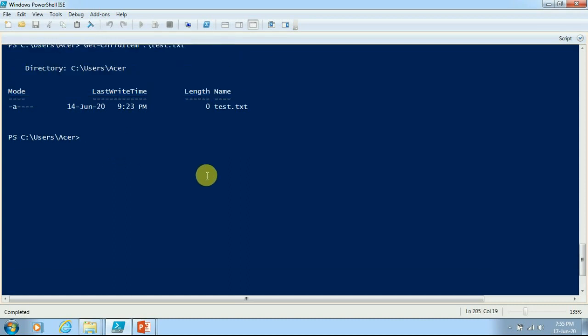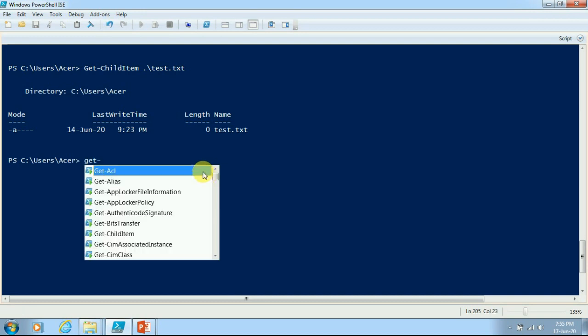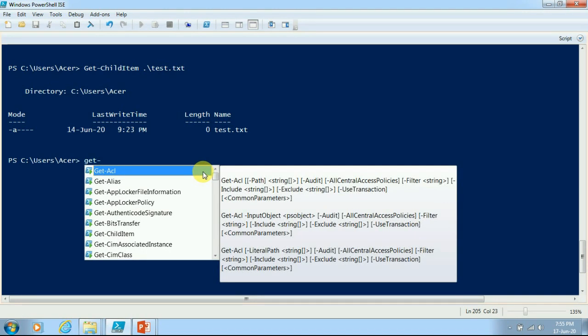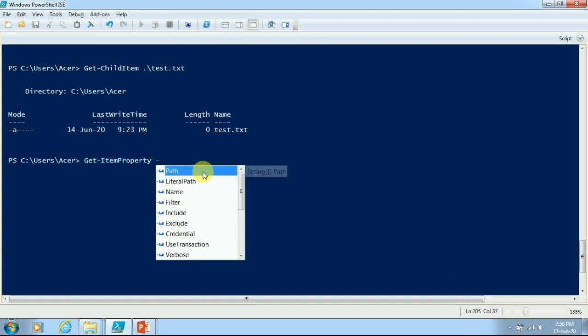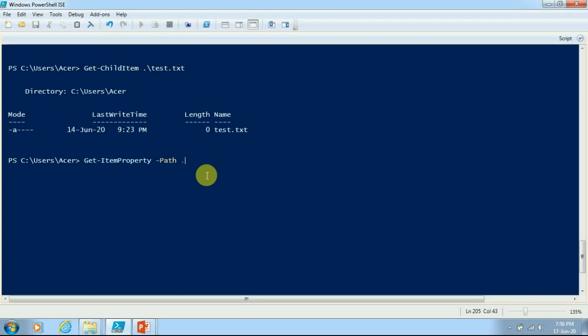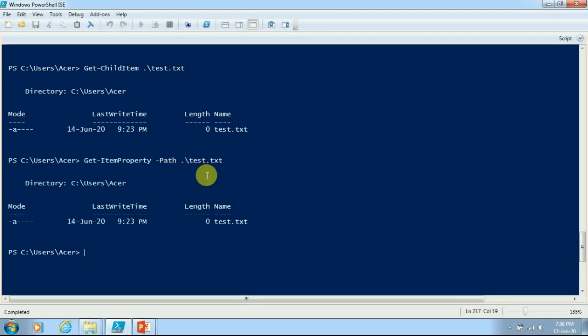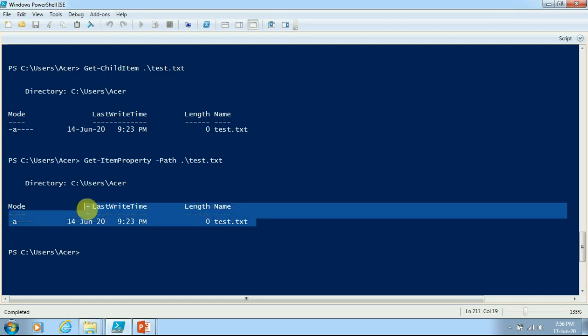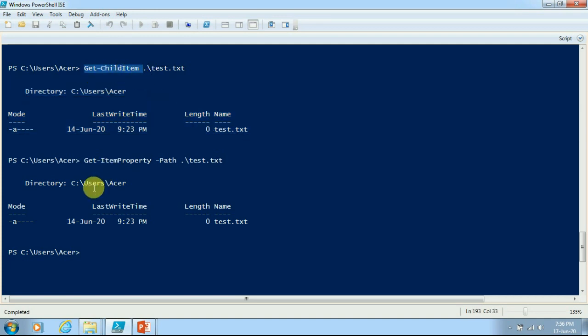And with this file, if I want only the property, I will use Get-ItemProperty, and in path I will specify this file name once again. You can see in both cases we are getting the same output. So either you can use Get-ChildItem or Get-ItemProperty; there is not much difference.